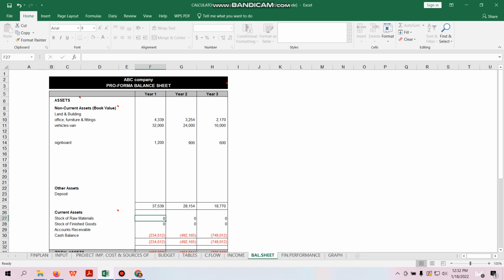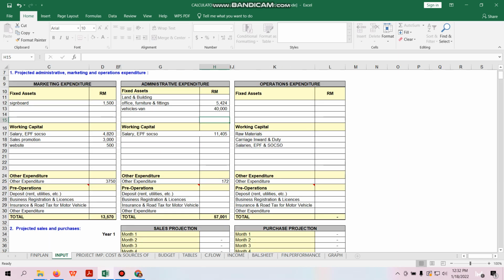Whatever data you input here is going to appear somewhere else. So be careful with that. All right, I need you to be wise on these things. It's either you choose to have land and building or to have